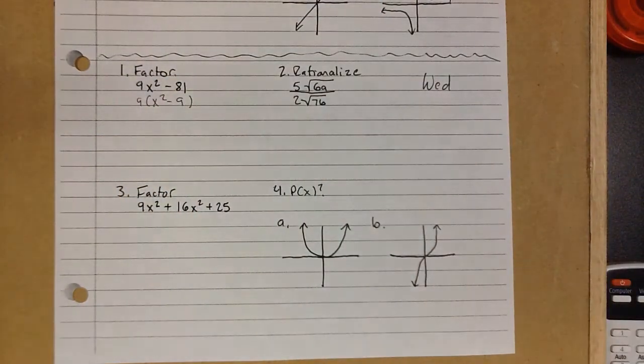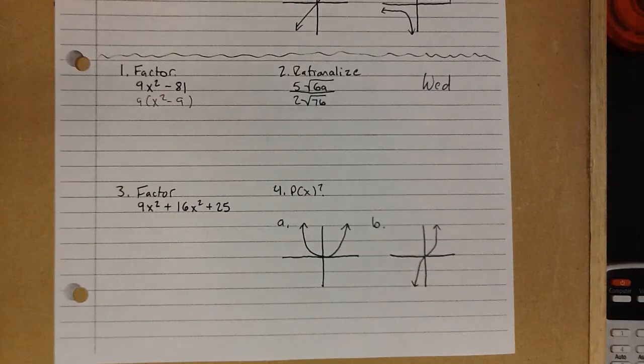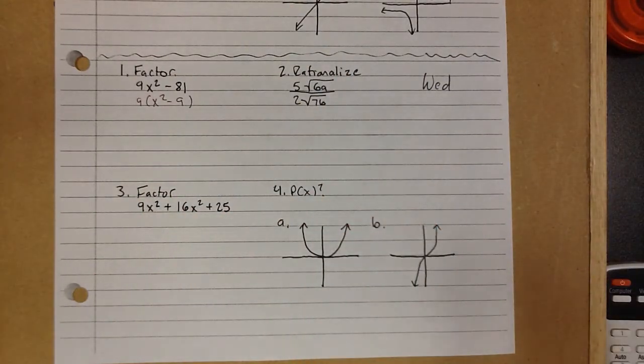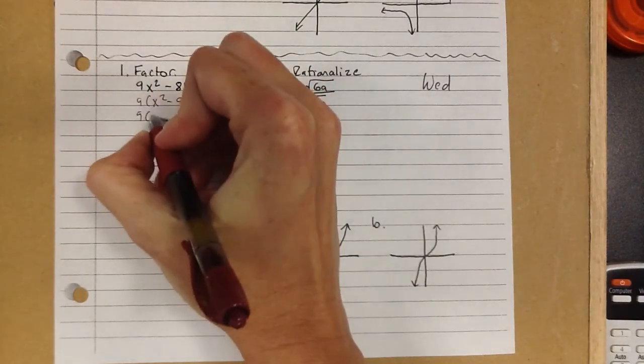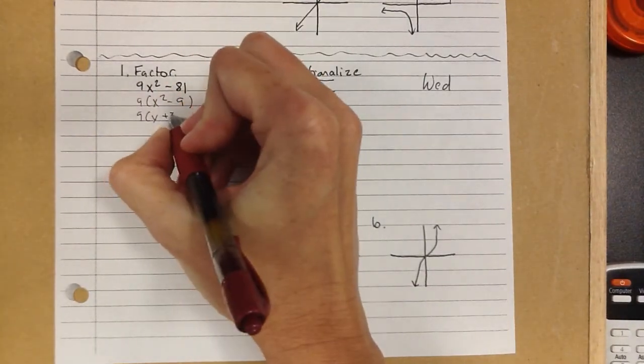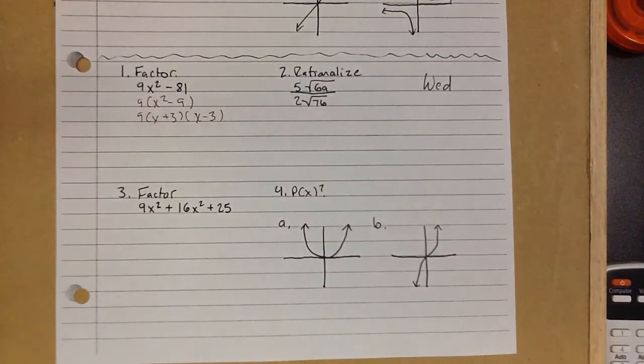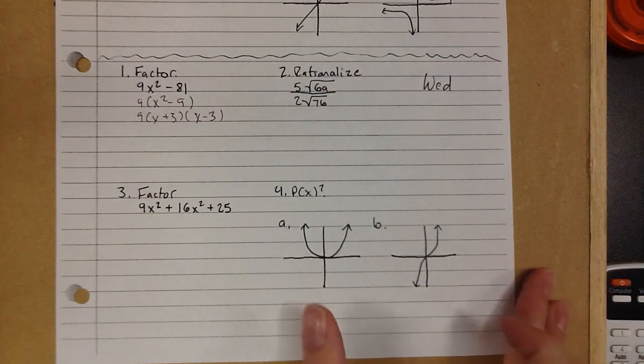Now, it is factored, but it's not factored all the way. Okay? So x squared minus 9, two numbers that multiply to negative 9, add up to 0. Negative 3 and 3. Okay? So I have 9 times x plus 3, x minus 3. Okay? Second one,